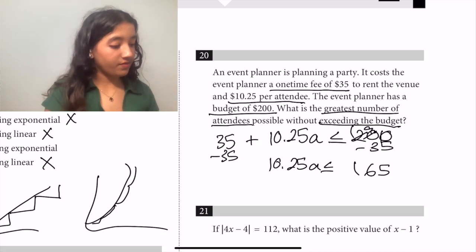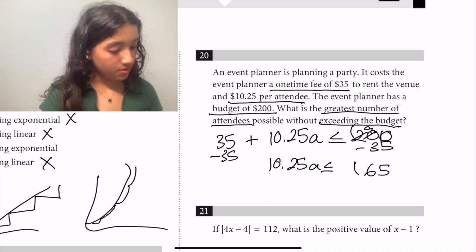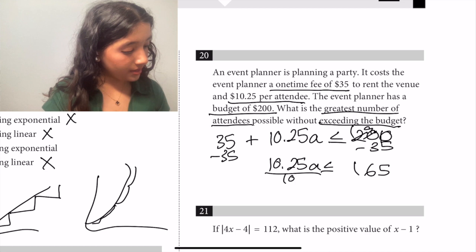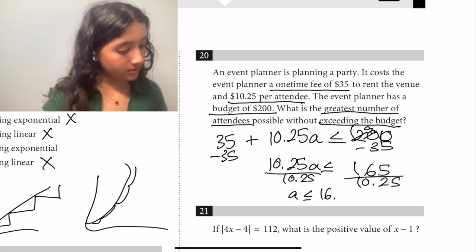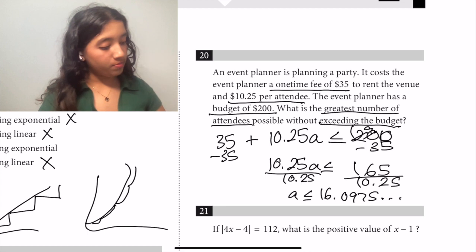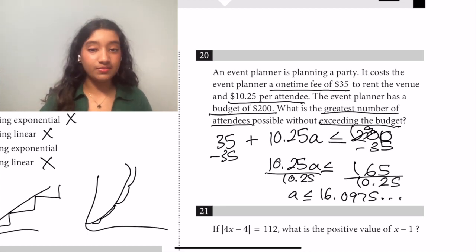So then we can divide by 10.25 on both sides, and that gets us that a is less than or equal to 16.0975, and so on. So because we want a to be less than or equal to 16 plus some decimal,